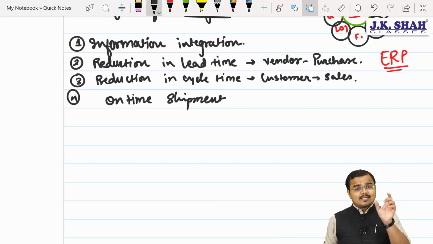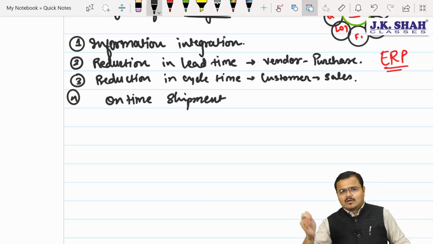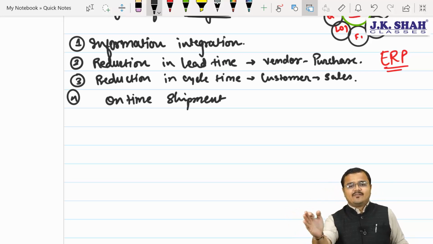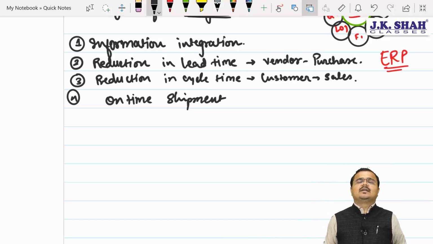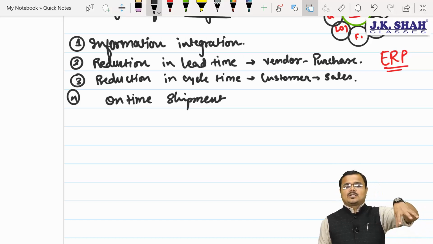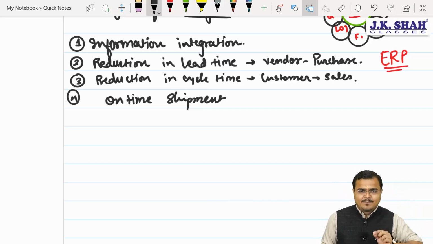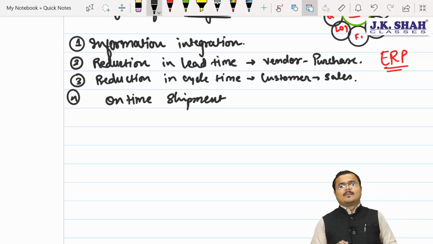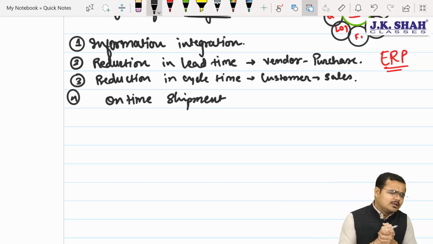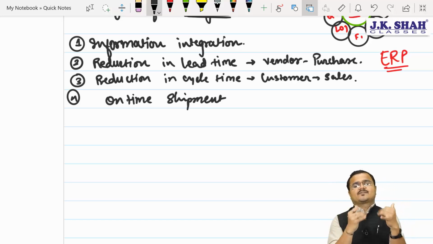Understood? So that is why, when you purchase a product over Amazon or other online platforms, they give you a fixed date of delivery. Sometimes we are confused, how could they make such good calculations? It is purely based on the ERP system algorithms, which identify the nearest location from where these goods will be dispatched to you, and the time gap between dispatch and delivery. Agree? Yes, sir. In the ERP system, all the departments are working in an integrated way. There is no need to make phone calls or send emails for confirmations.